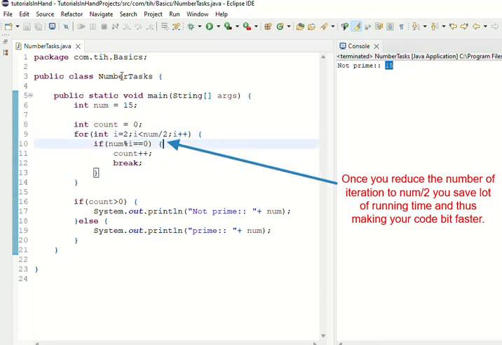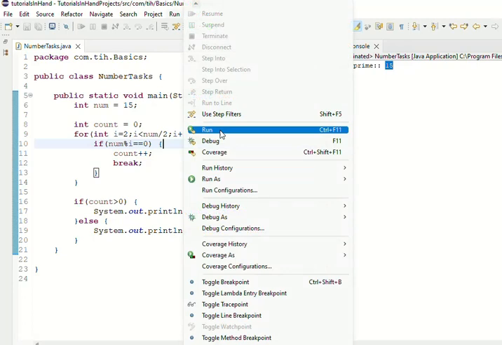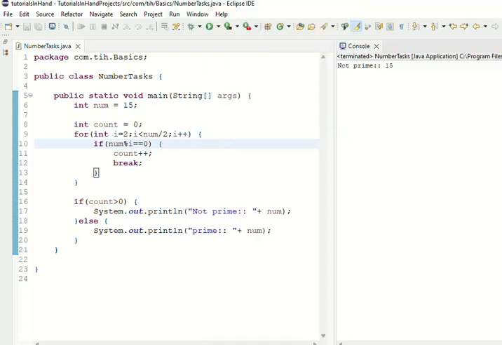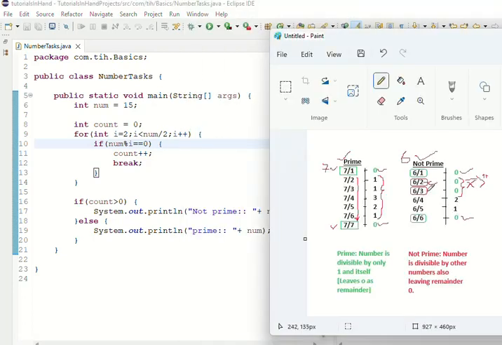It will also give you the same result. For example, you can check, you will still get not prime because the reason is simple. Anything after the half of the number you are testing will never divide it. So if you are testing 6, 4 or 5 is never going to divide 6, and it is well known. So the max number which can divide it is twice. 3 into 2 will be 6, and then finally 6 will divide itself by 1. So any number between half and the number itself will never divide it if you go through the logic.